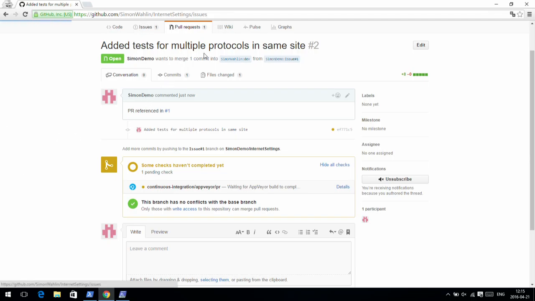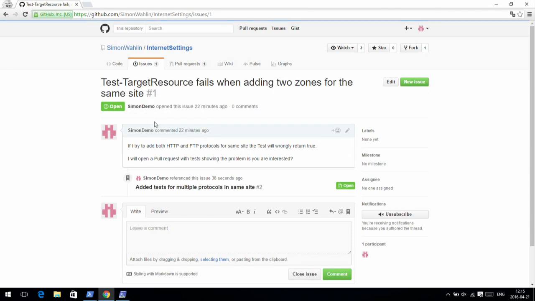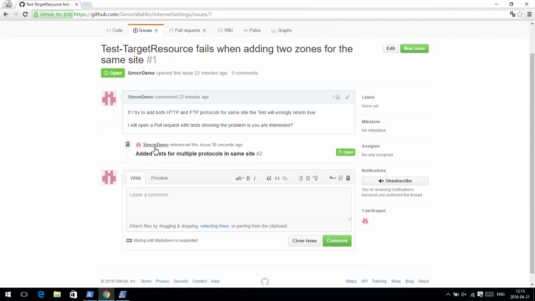And if I go back to my issue, you'll see that someone referenced this issue. So I get a link or an entry in the issue referencing the pull request. This way, if someone follows my issue, they can click here and get to my pull request and see what